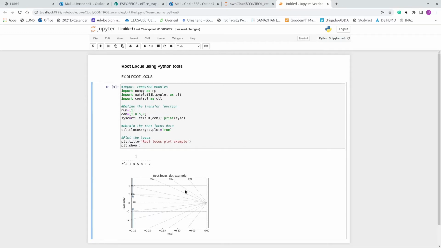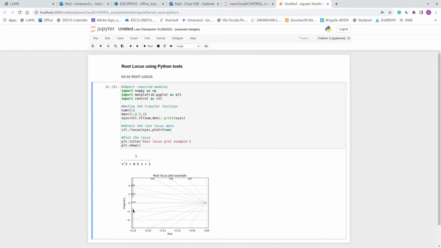So what does this say? You have the x-axis of real. This basically is the S-plane. This is the real axis. This is 0. On the right side is the right of the S-plane. It is now showing only the left of the S-plane. And you have the damping lines, and then you have two poles here, which have a real and imaginary component.